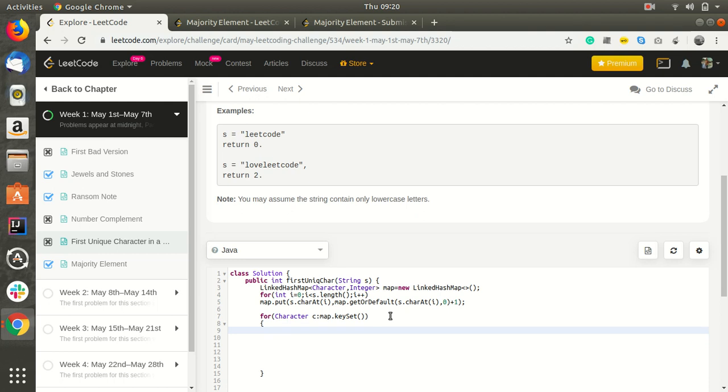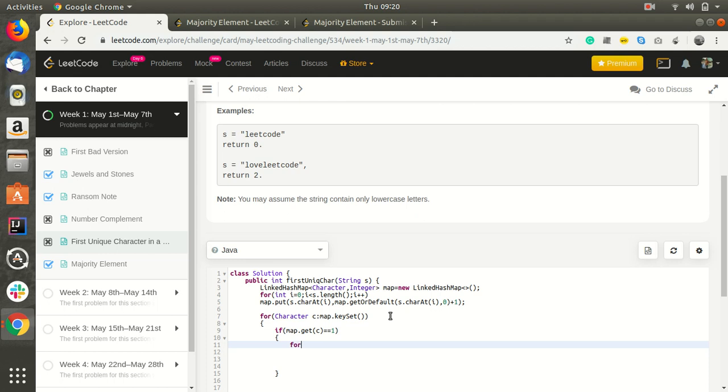So what we will do, if map.get(C) equals 1, then find the index and return, right?